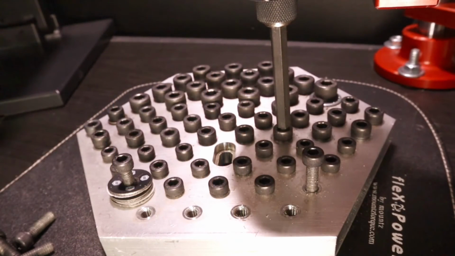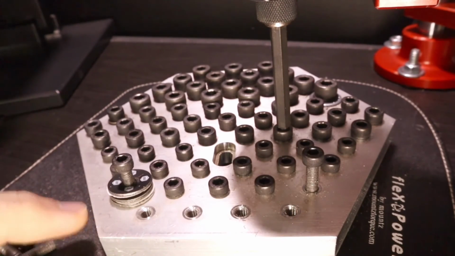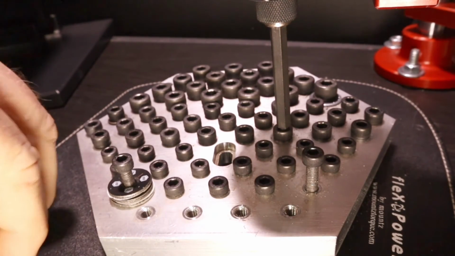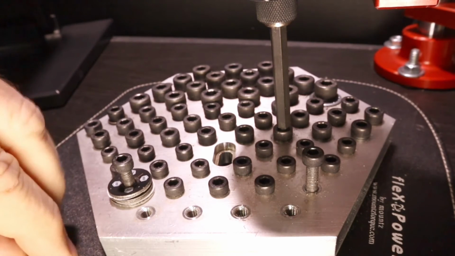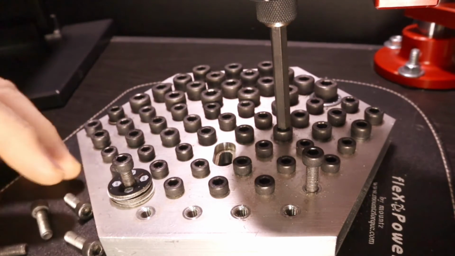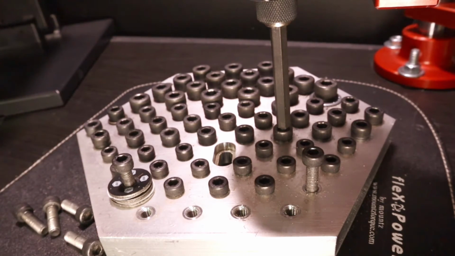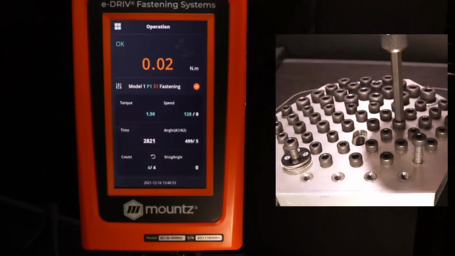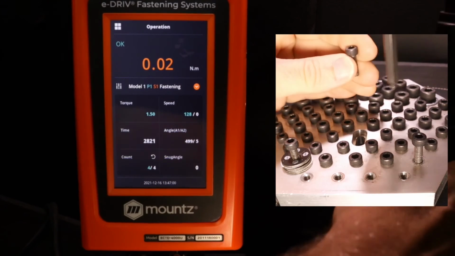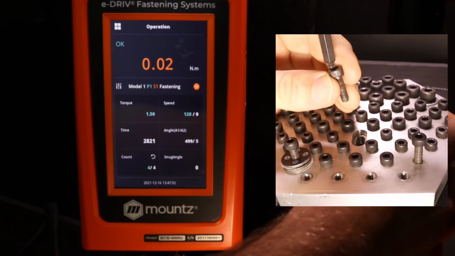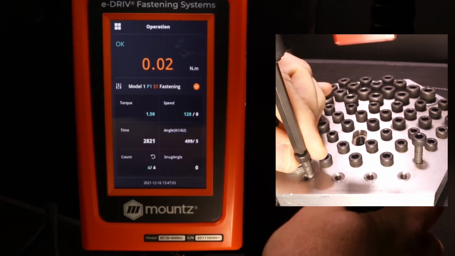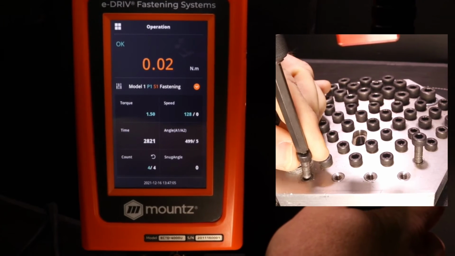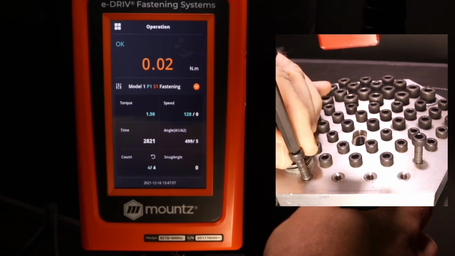So on our thread block here, I have our 4 fastening locations along with our fasteners. So we'll go ahead and do the demonstration there. And so right now we would be using, again, our preset number 1 just to go ahead and set the fastener. And again, this is going to run really slow in reverse